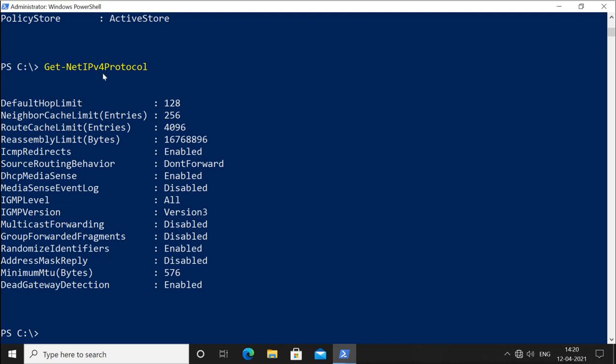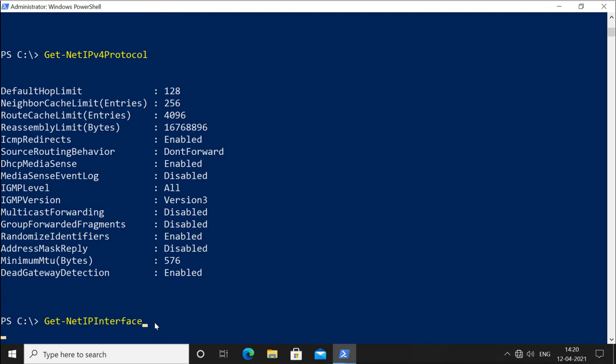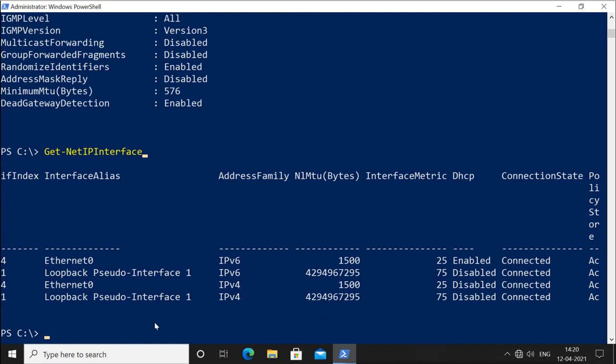Now we want to configure the IP address. So first we will run Get-NetIPInterface. With this command it will show you the interface name. So these are the interface names and this is our IPv4 interface, Ethernet 0.